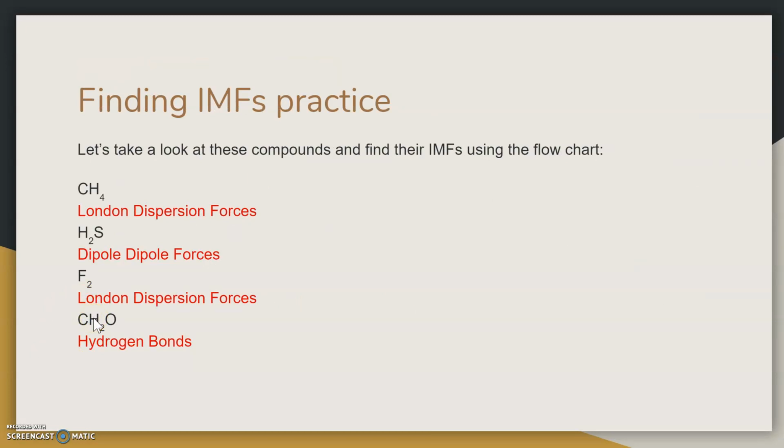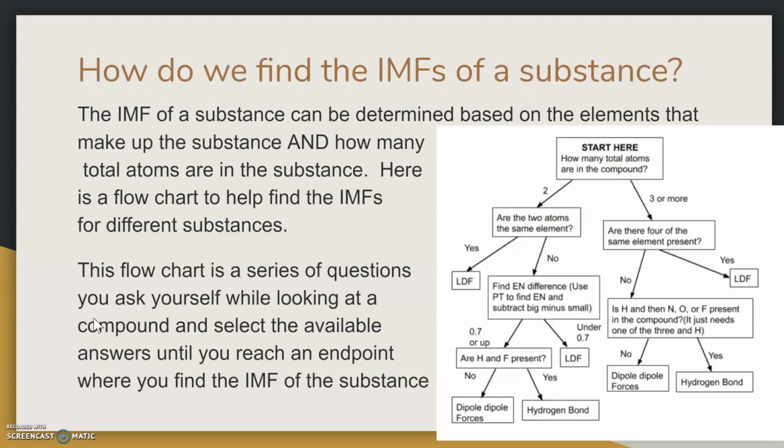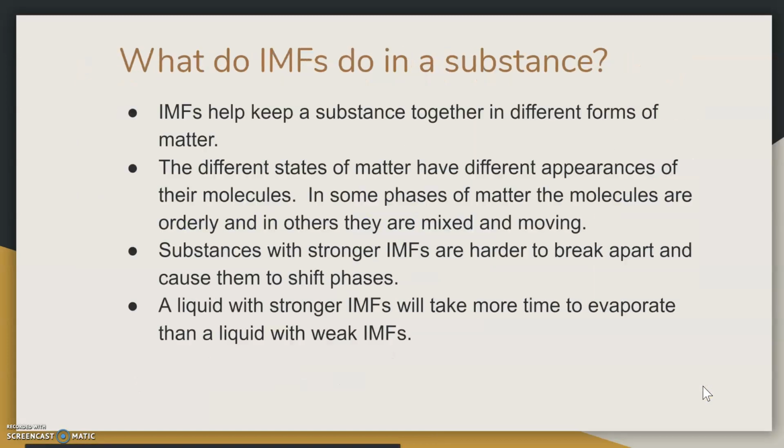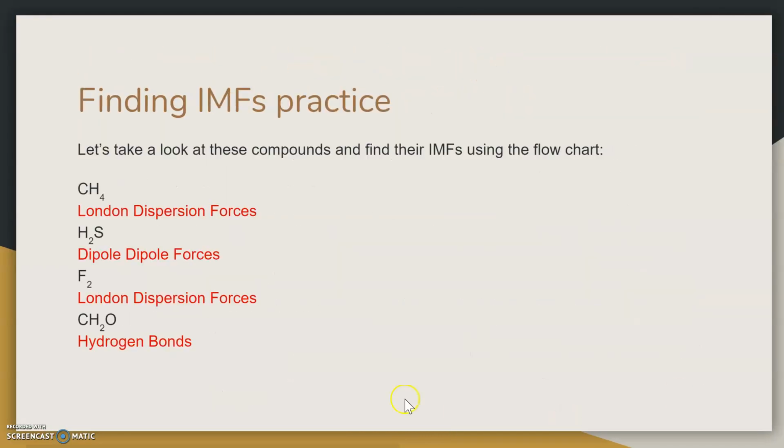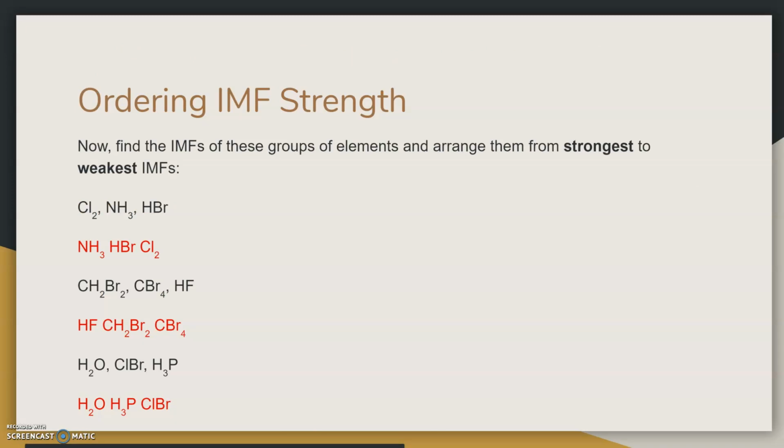And then CH2O, the C is 1 atom, the H2 is 2 atoms, and the O is another one. So there's 4. So there's more than 3 atoms present. Are there 4 of the same element present? That's a no. Is H and then N, O, or F present? So we've got H and we've got O. Yes, so it's a hydrogen bond. Hydrogen bond. All right, we're going to try now to find the IMFs of these groups of elements and arrange them